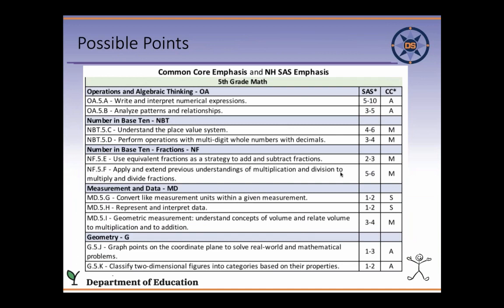And the points, I talked about that for a second. This document is not out there yet, but I will add it. It tells you the number of points. Let's see. Operations and algebraic thinking, 5th grade. Write and interpret numerical expressions. It's worth 5 to 10 points. This one is only worth 1 to 2 points. If this is my lowest area, I might not spend time on it. Even if all of my students got all the points possible, it wouldn't make that much of a difference in my overall test score. These are the higher bang for your buck standards.